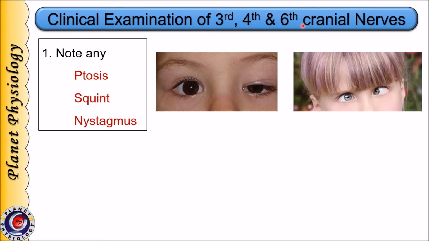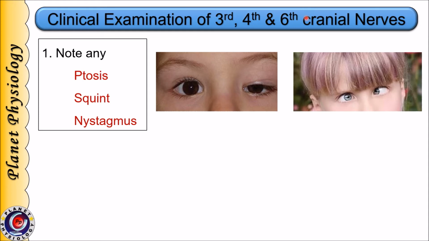Squint is also known as strabismus, where visual axis of both the eyes do not correspond and eyes are pointed in different directions, as you can note in this second picture. This is common in case of improper functioning of extraocular muscles. Nystagmus is to and fro jerky movement of eyeballs. Lesions in third, fourth or sixth cranial nerve interfere in the actions of extraocular muscles and may result into nystagmus.